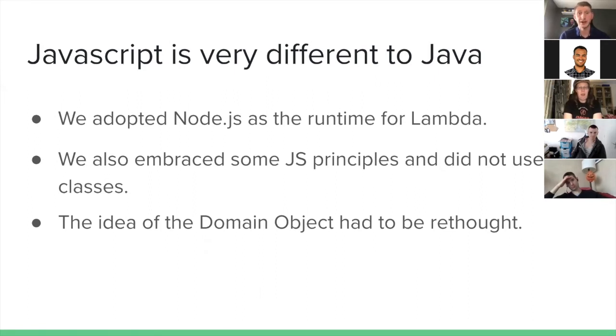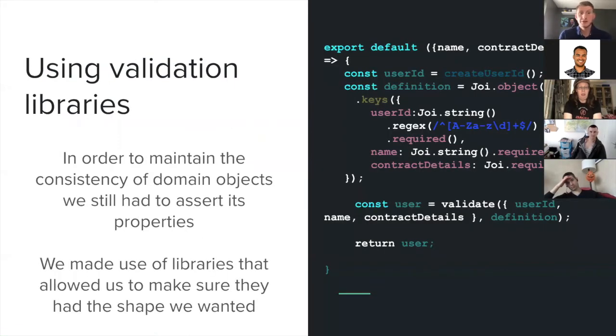So now we had to find a way to keep our domain objects without actually having strongly typed classes to manage the creation of those objects. Validation libraries. This is how we found we could still have our domain objects without actually having classes to control them. So we started thinking about what the real value we were gaining from domain objects. And we decided that making sure the domain constraints are abided to would allow objects to have the right data and keep their consistency. So validation libraries such as Joi were looked at in order to maintain the shape of